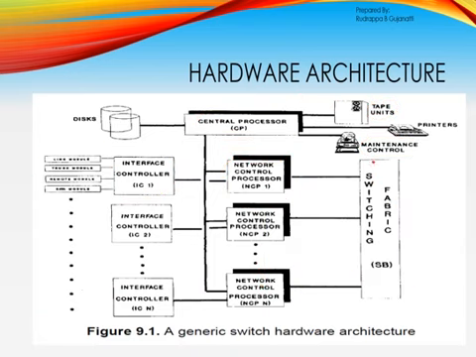Keeping this in mind, let us start off with the hardware architecture. The central processor, CP, is basically the primary processor present in this entire hardware architecture. It provides system-wide control of the switching system. So the entire system is taken care of by the central processor, but with the help of the other elements. Apart from this, it supports the second level processors, which are nothing but the NCPs present here.